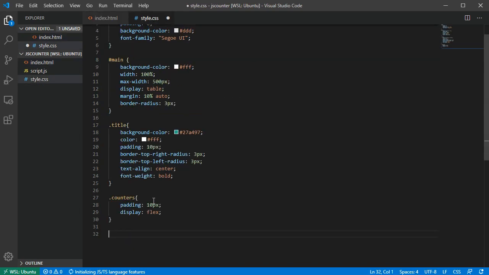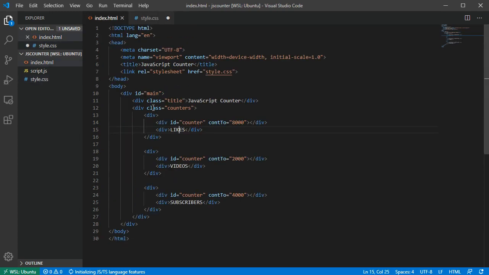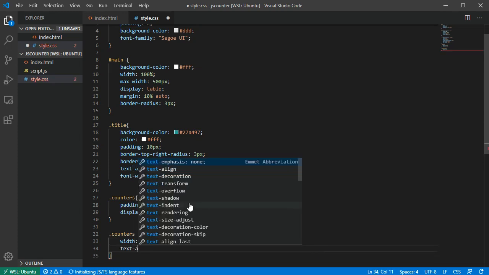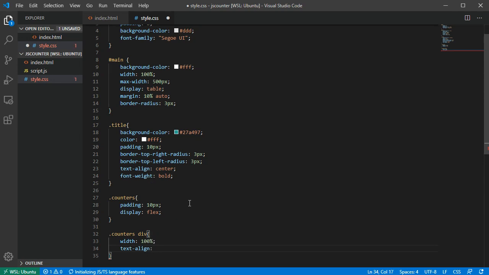Alright, and here where we have our counters, we've got display flex, padding 10 pixels, and now we have a div in our counters, a div for each counter. So we'll have counters div, and this is gonna be width 100%, and then we have text align center,